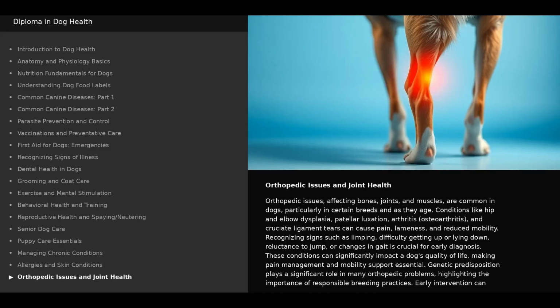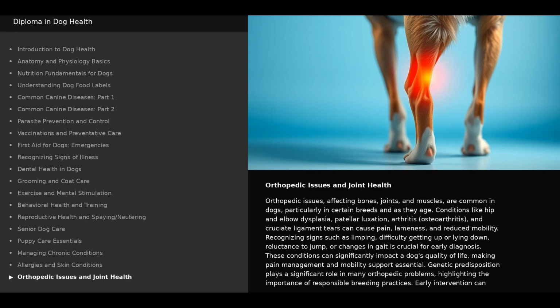Orthopedic issues and joint health. Orthopedic issues affecting bones, joints, and muscles are common in dogs, particularly in certain breeds and as they age. Conditions like hip and elbow dysplasia, patellar luxation, arthritis, osteoarthritis, and cruciate ligament tears can cause pain, lameness, and reduced mobility. Recognizing signs such as limping, difficulty getting up or lying down, reluctance to jump, or changes in gait is